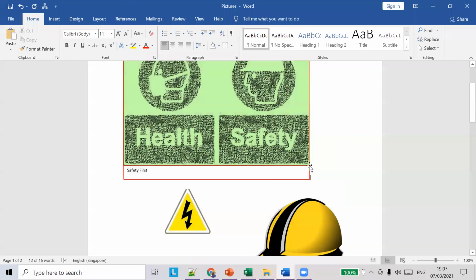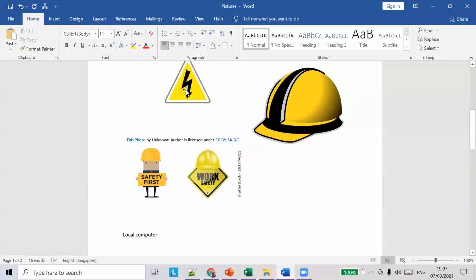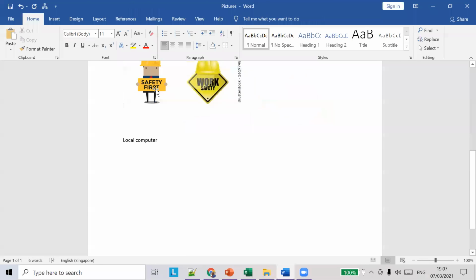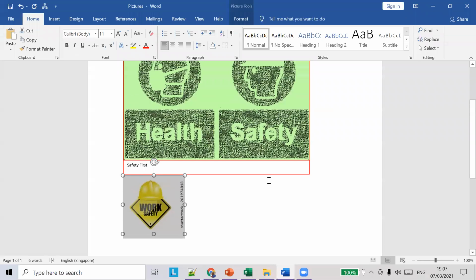So let's see what happens when you keep a picture over a picture. So let's remove all these pictures, unwanted pictures. I removed all those pictures.